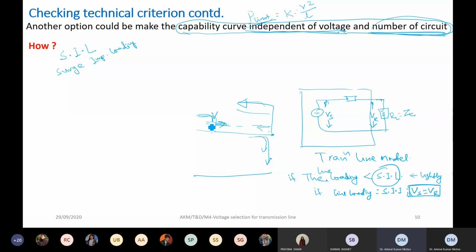But if it is a short circuit at this point and a V voltage wave comes to this point, then ultimately the negative V will be reflected and the voltage at this point is 0. So the voltage at this point may vary from 0 to 2V for a traveling wave of V, depending on what the impedance is here. I said for example, open circuit, the load impedance in case of open circuit is infinity. This load impedance is, oh,